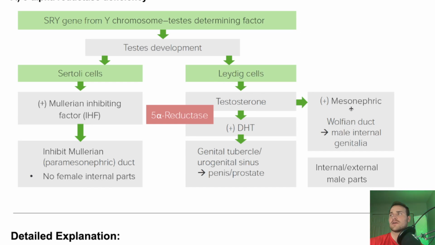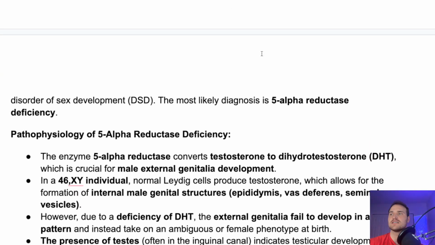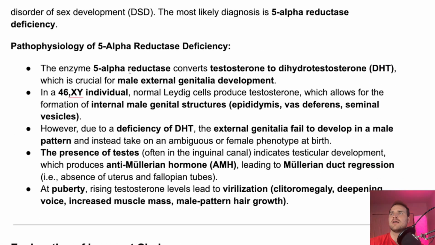And so we're still going to have the mesonephric duct, the Wolffian duct, and the male internal genitalia, but not the external genitalia. External genitalia is controlled by this DHT mechanism with 5 alpha reductase. So primary amenorrhea, you're XY, but you don't have male external genitalia because of that 5 alpha reductase deficiency, and so you think that you're going to be a female. You don't have that conversion to DHT, and so the external genitalia fail to develop in a male pattern, and you do have the presence of the testes, and that tells you that you have testicular development,